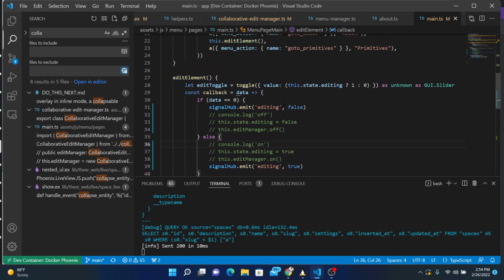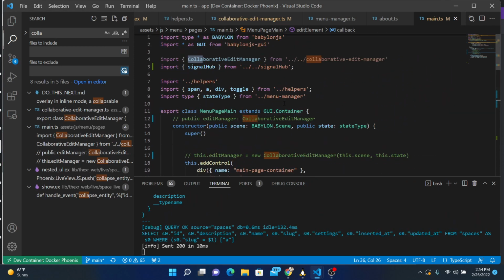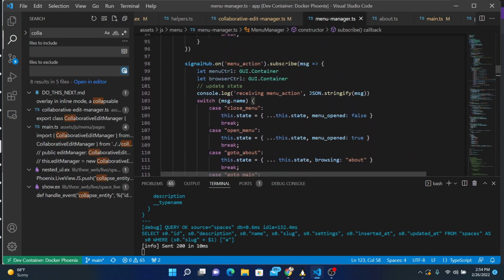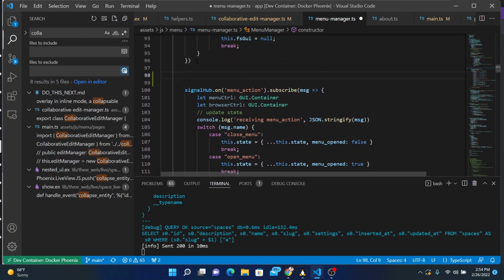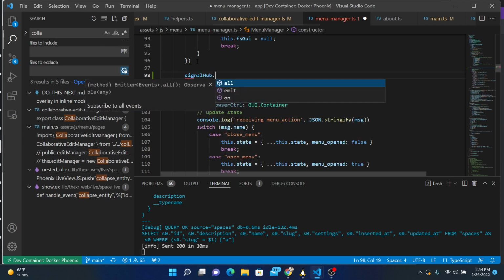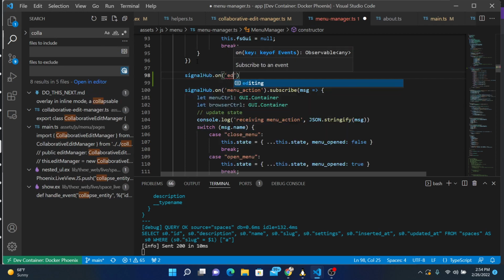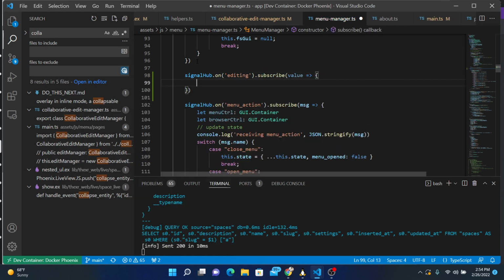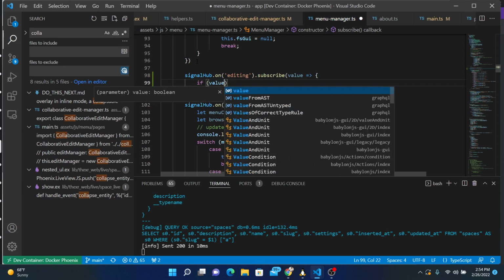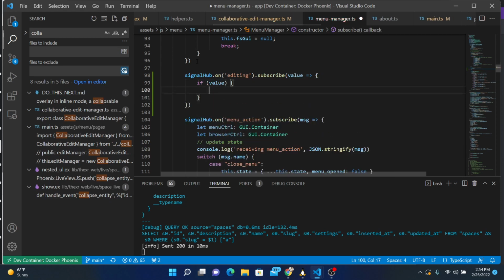And then we'll go to the menu manager and trap for that message. So we can say signalHub on editing, subscribe value if value is true, then this state